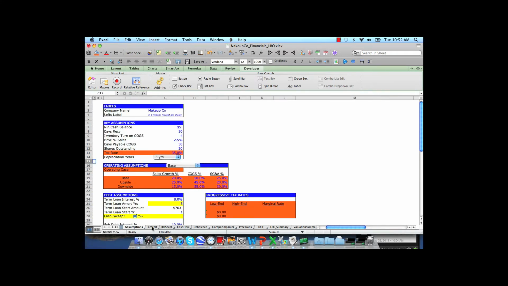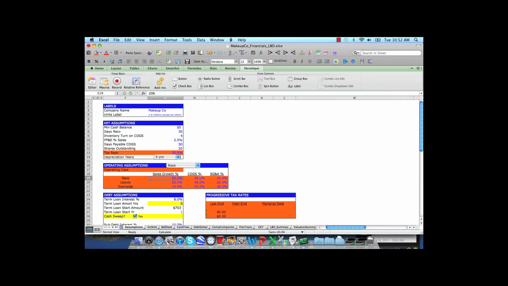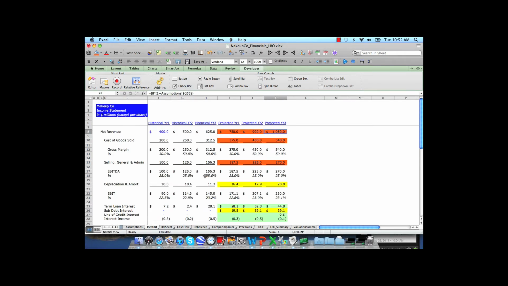We're going to go over to our income statement. And instead of where we previously had our revenue growth tied to simply one assumption, you could see we had the previous year multiplied by 1 plus G19. We're now going to give it the option of choosing between the three different cases depending on what we tell it to do. So I'm just going to get rid of those three, and I'm going to say it equals the previous year times, and we still want a growth rate, 1 plus,